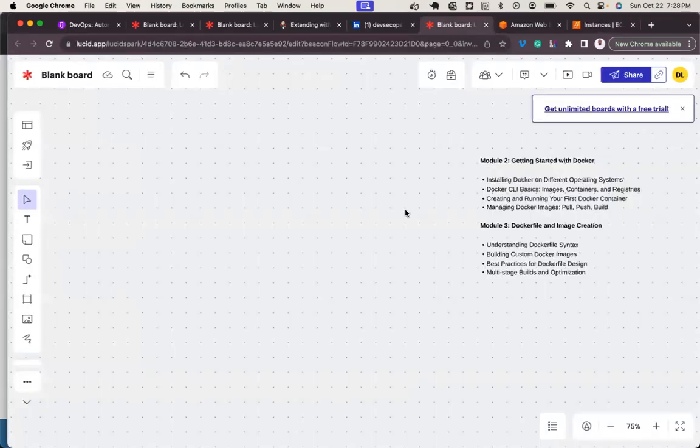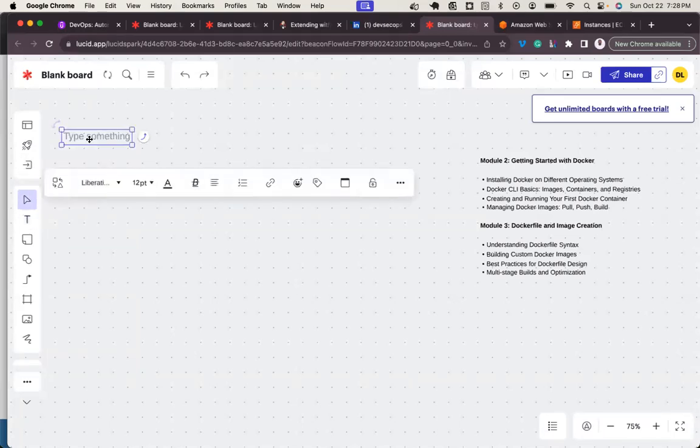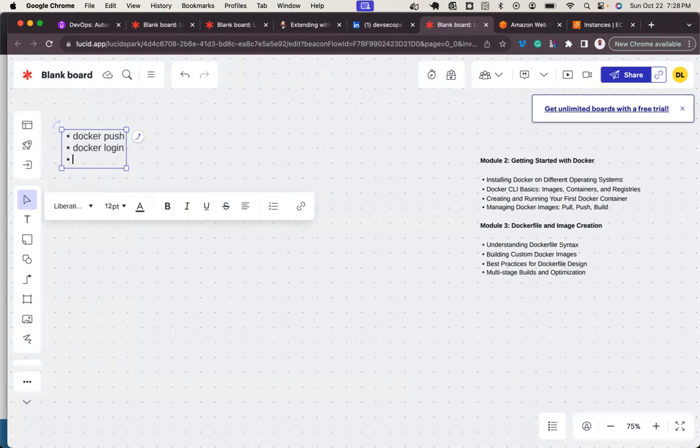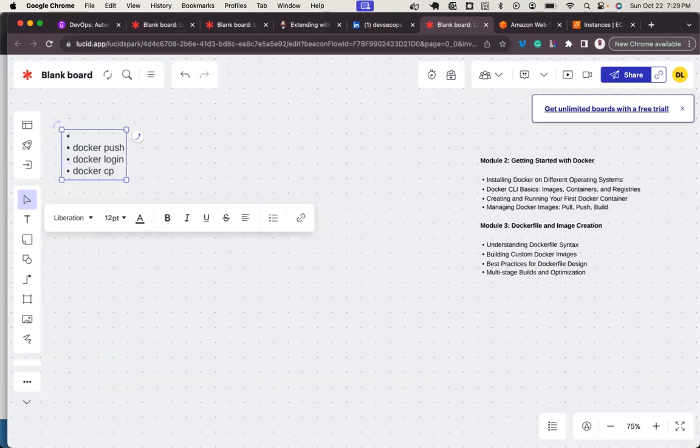Okay, so in today's class, we shall look at Docker push, Docker login, all right, Docker login, and Docker copy. Okay, before this part, we shall look at